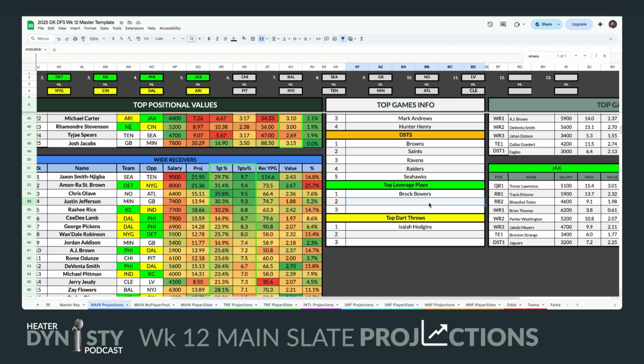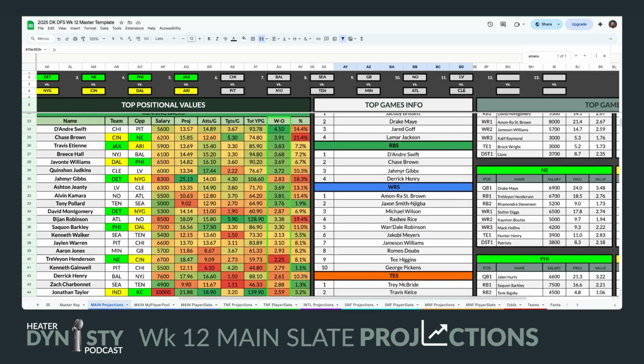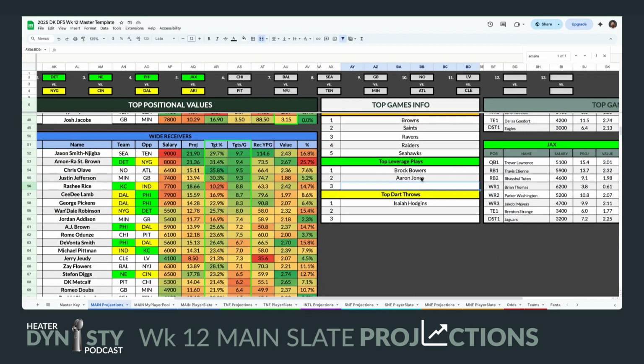The other leverage piece I would say, Aaron Jones. He was amazing last week. He was top considered in cash, but this week he seems to be left for dead. I think he is a very interesting pivot point off of a popular Chase Brown. And then also Emmanuel Wilson in that same game. I think he is a leverage spot. If Emmanuel Wilson is the top running back there, definitely someone you could pivot off of. Go for Aaron Jones in a similar price point.